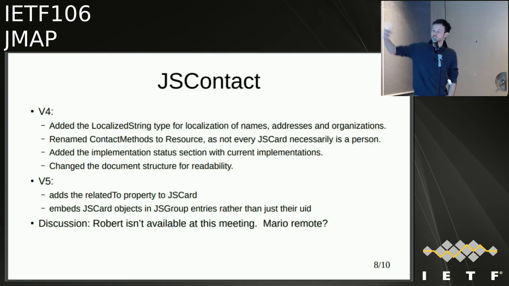The good news is this is the hard bit of JMAP contacts, the data format. Once we have that defined, I think that's going to be a much easier spec than JMAP calendars or JMAP mail to put together, and then we have the full suite of contacts, mail, and calendar over a very nice consistent protocol. So we'll see when this gets finished, but maybe by the end of next year if we're lucky.